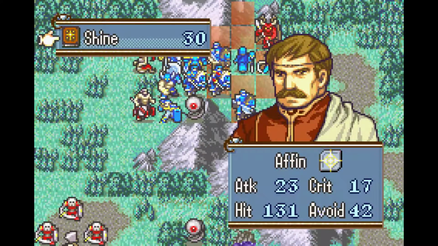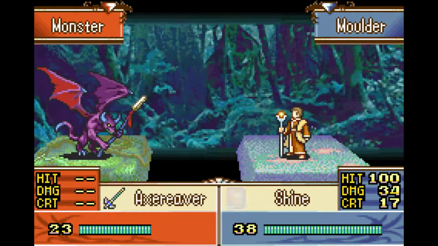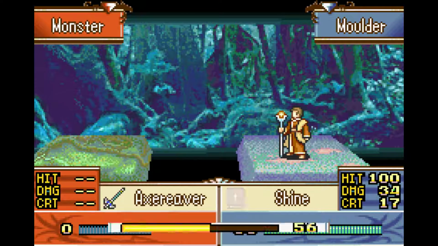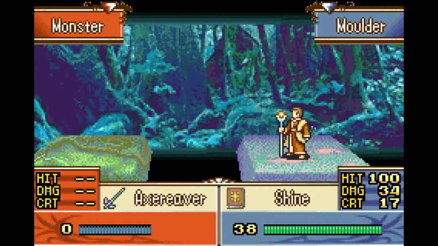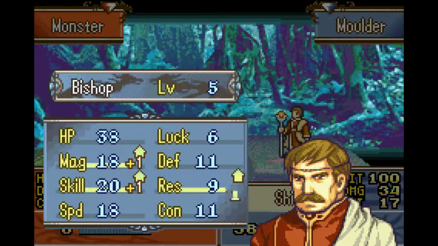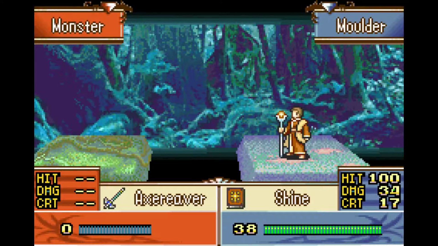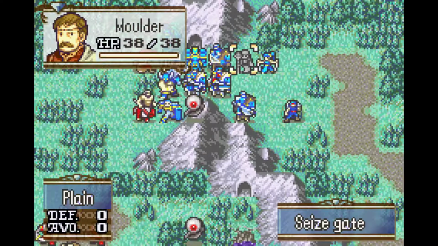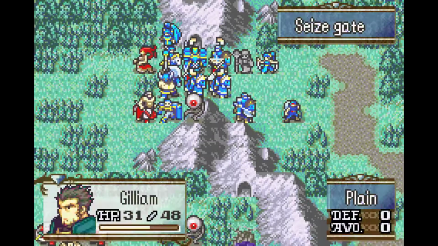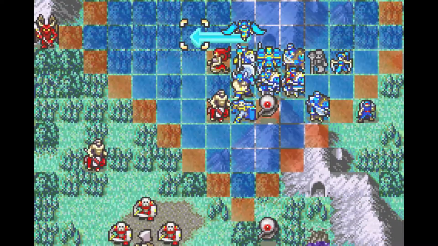Let's say we slay this gargoyle with some light magic with our Slayer skill. Because bishops are ridiculously good in this game. Arguably one of the best classes in Sacred Stones, simply because they have the ability to utterly decimate monster units with very little effort. And finally, Moulder looking like a bishop with some halfway decent resistance here. Still not anywhere near what it should be, but...